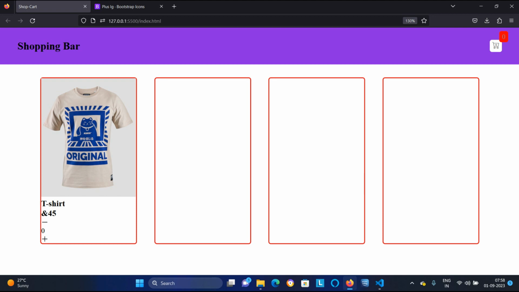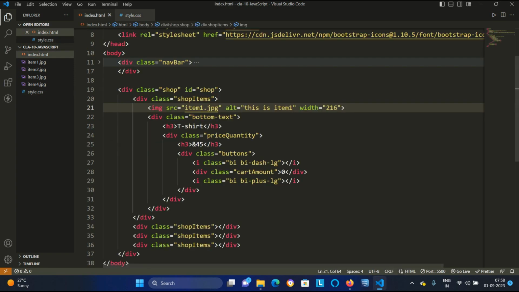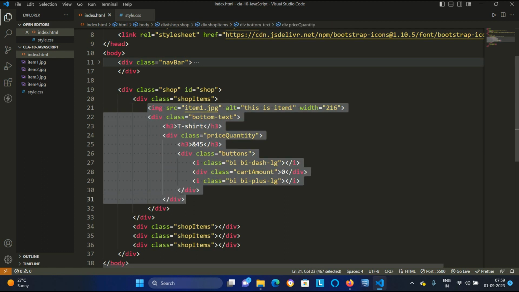Now we have successfully created the grids in our web page, in which we are using this t-shirt, all these things, images like this. Look students, since our swap items are in the same way, whatever we have written in these swap items, the swap items is up to here, not up to here.